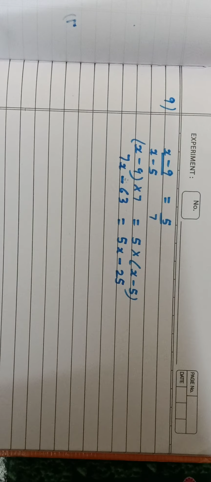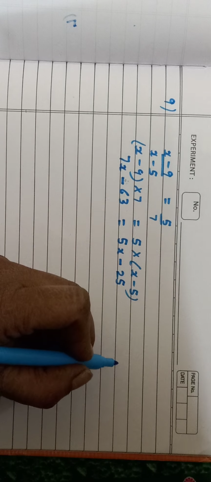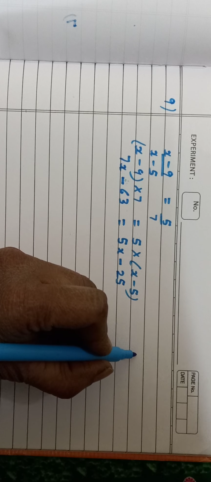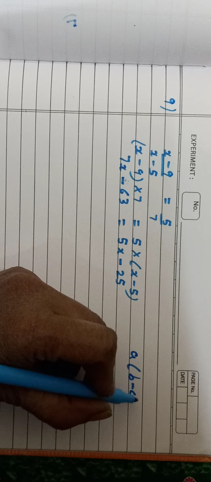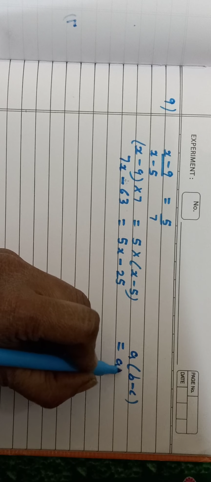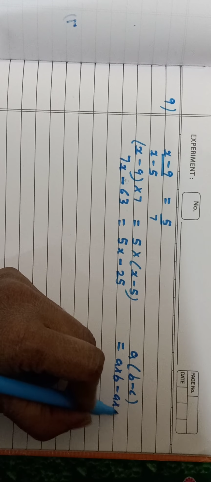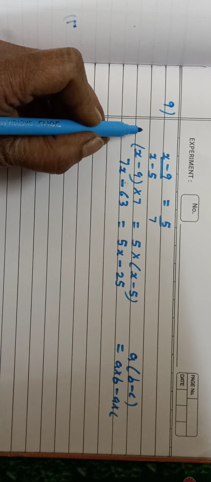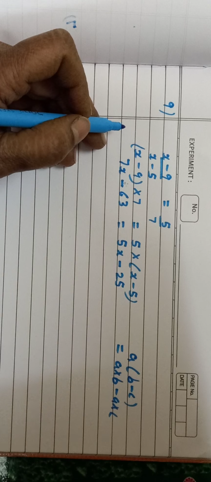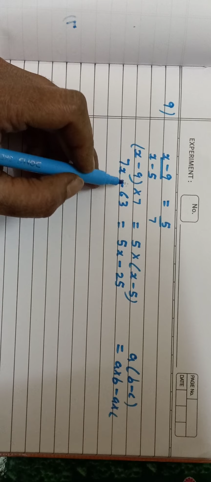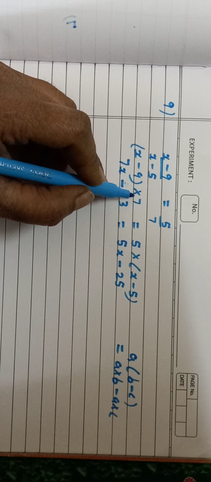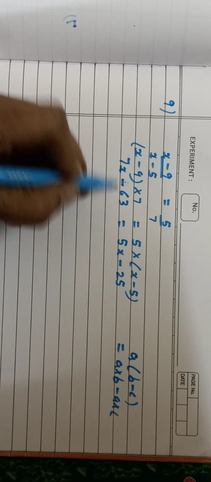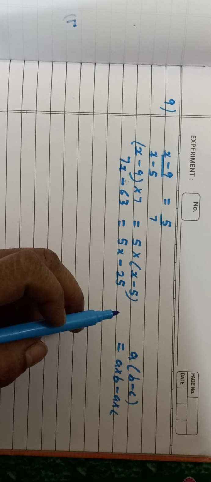Earlier example only I showed you all how it works. A into (b plus c) is a into b plus a into c. This formula only we are applying. Like for example, a into (b minus c) is what? A into b minus a into c. So for this I am applying this formula. This also the same way. Into 7, 7 into also we can write. 2 into 3 is 6, 3 into 2 is 6. So 7 is here or we are writing it here. It doesn't matter because it is into 7. So 7 into x is 7x. This minus 9 sevens are 63. Same method we are applying.